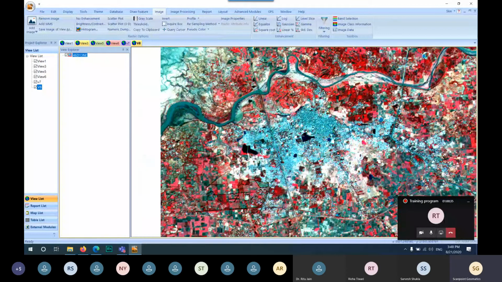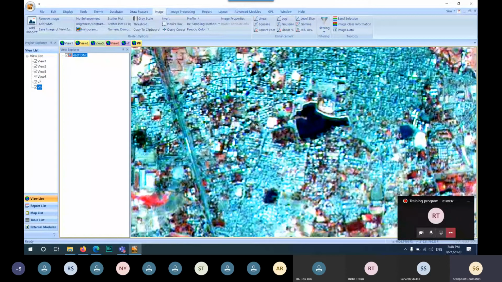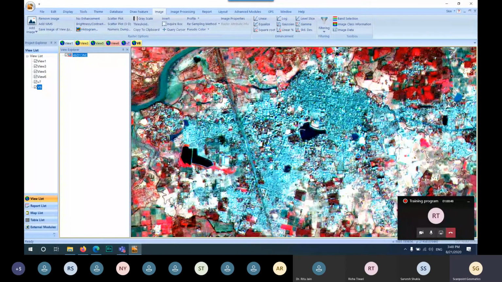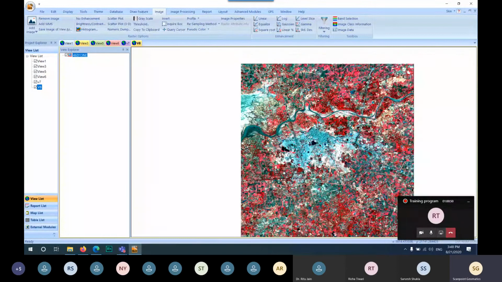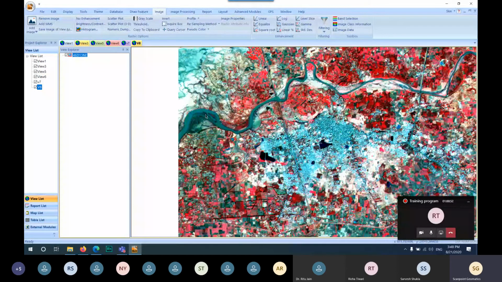All this cyan color is a settlement area. In an urban or rural body, settlement is visible in cyan color. Water bodies are visible in light blue color.